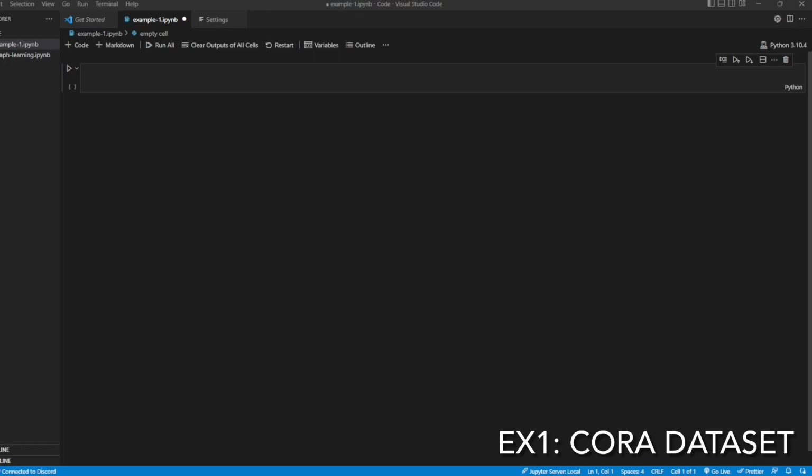Next, we will move to our first example, which is doing semi-supervised learning classification with the Cora dataset. The Cora dataset is a dataset containing some citation information for academic papers and articles, and the links or edges between the graph nodes, which are the articles, are the citation information between 2 papers. So by using what this paper has cited and what cites this paper, we are able to predict which category